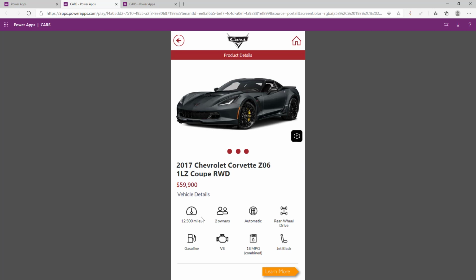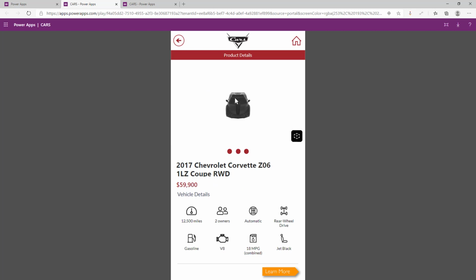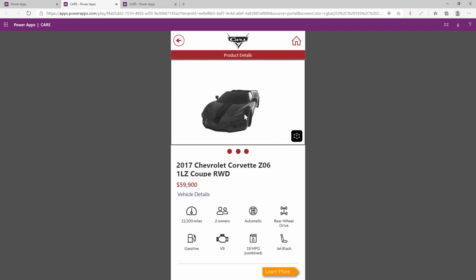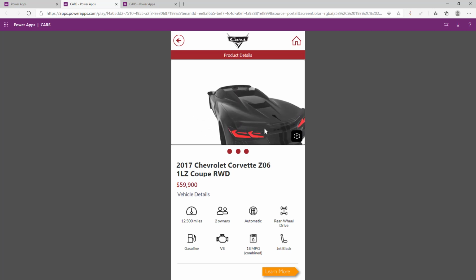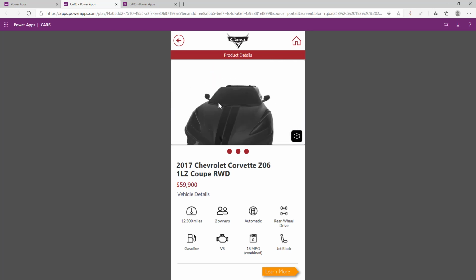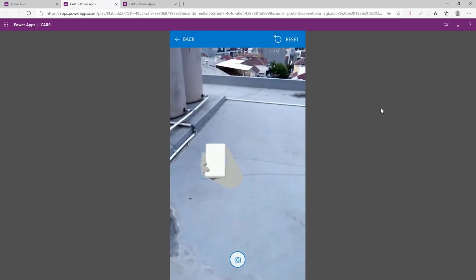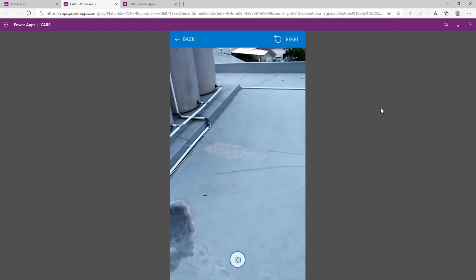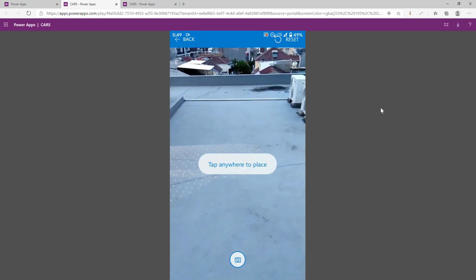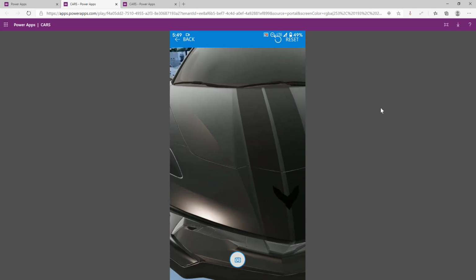If I click this one, you can see all the details about this Chevrolet, like the pricing, the mileage and others. And we also support the 3D view. This one is one of the features in the mixed reality, the 3D view. So you can look at the cars in the 3D model. You can just rotate and zoom in and zoom out. And it also supports the mixed reality view. By just using my phone camera, I can view the car in real life. So I just tap anywhere in here, right, and the car is shown.